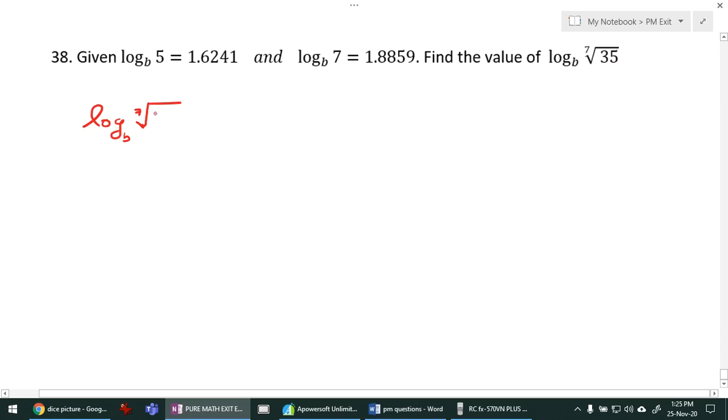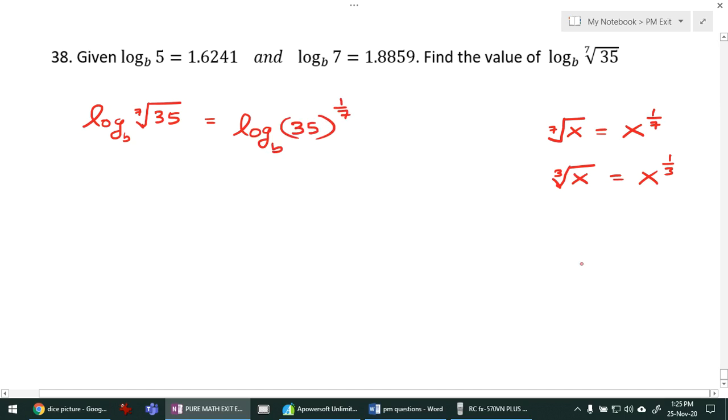We know that if you want the 7th root of x, you can write x power 1/7. If it is the cube root or third root of x, you can write x power 1/3. Similarly we will write here log base b of 35 power